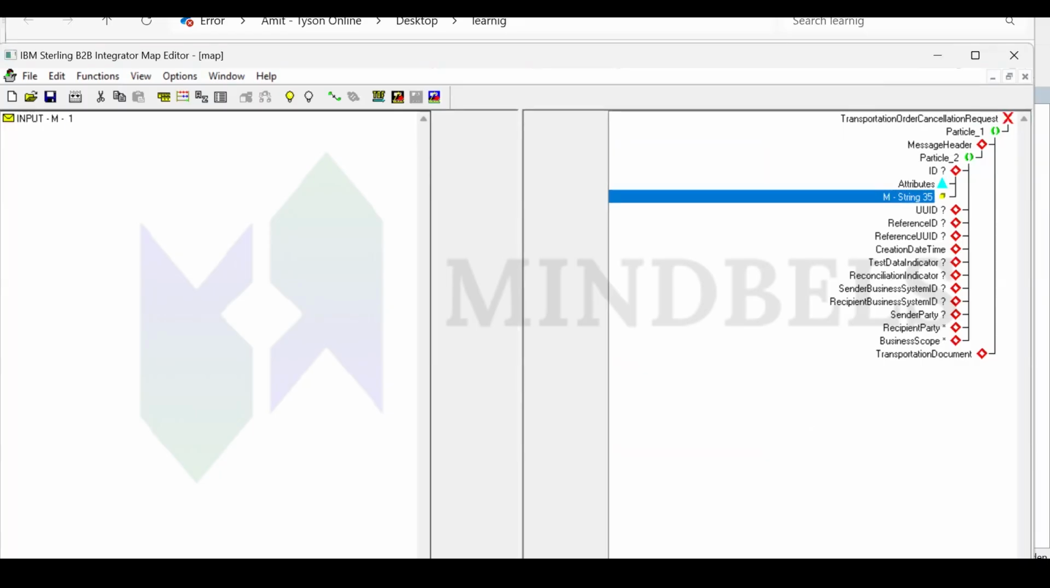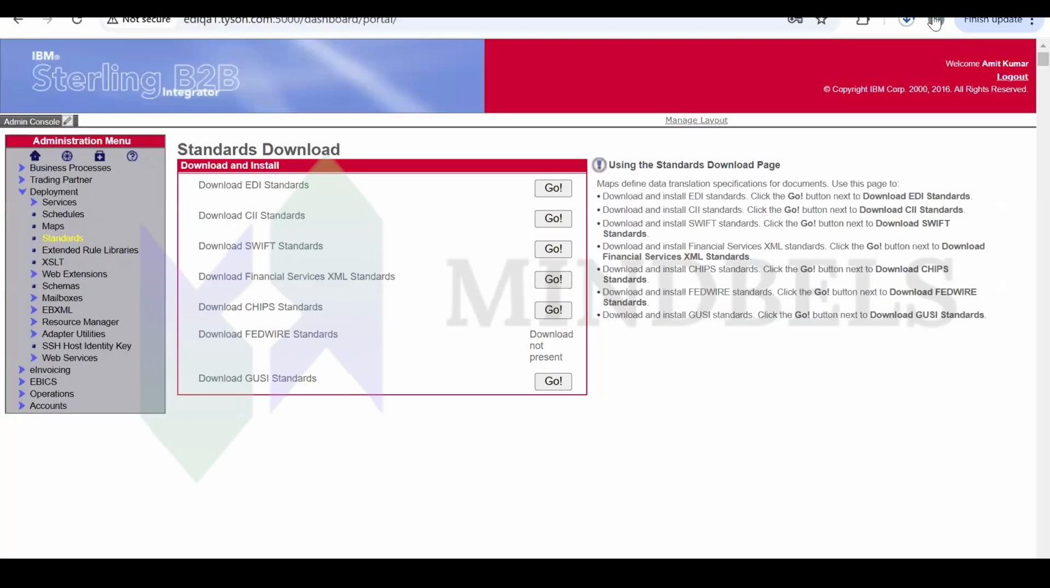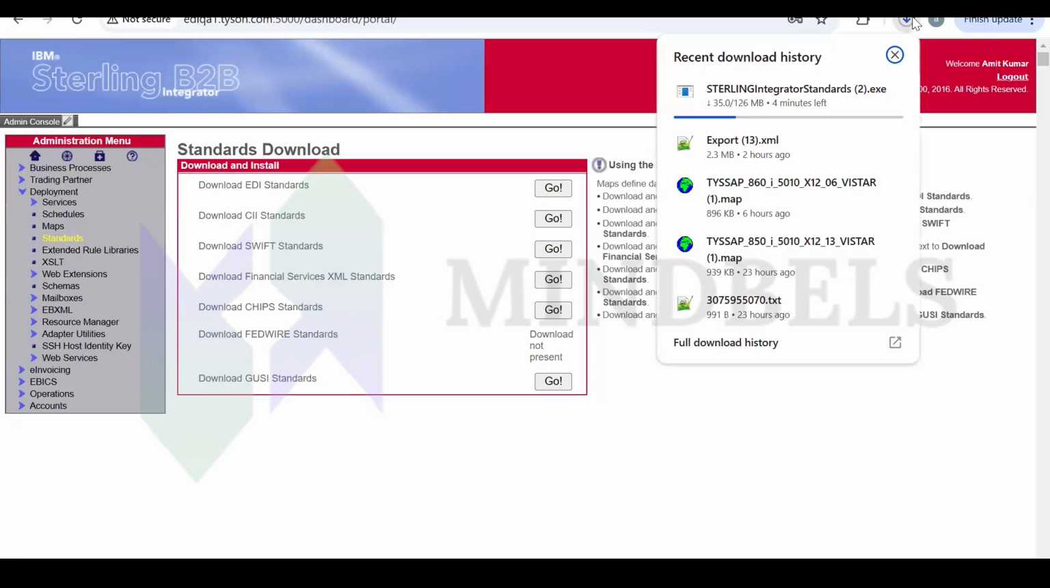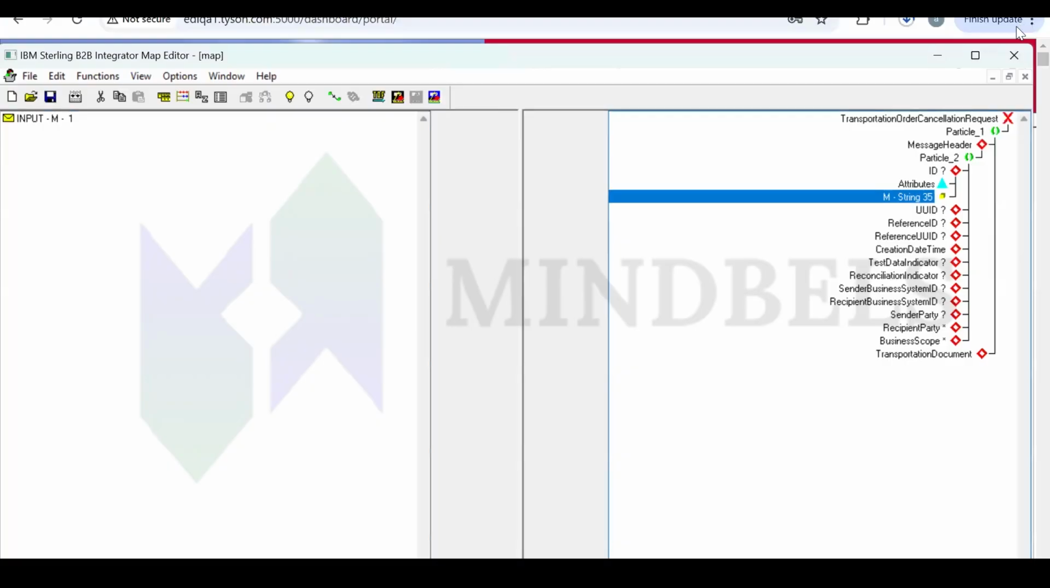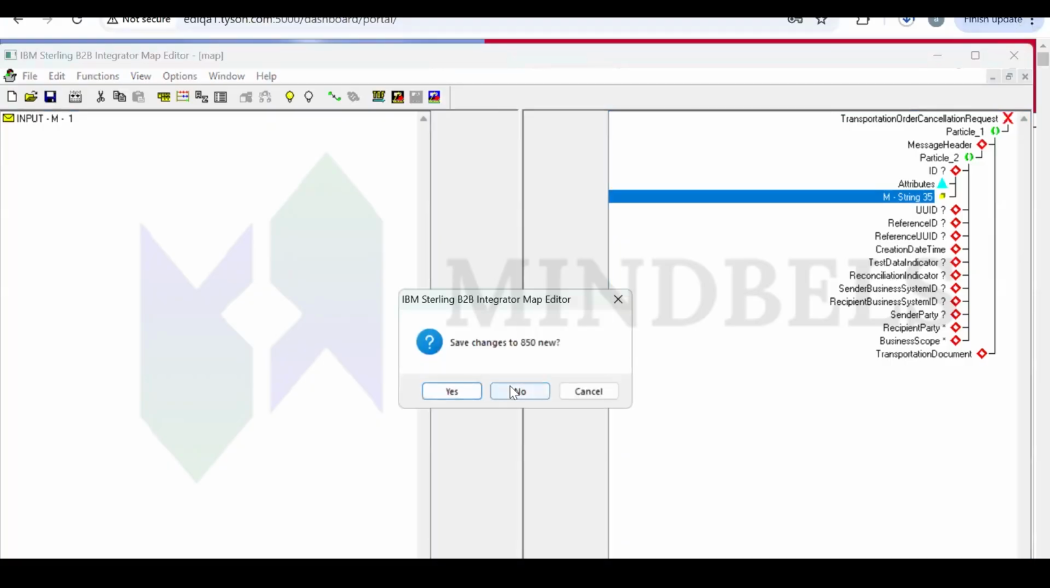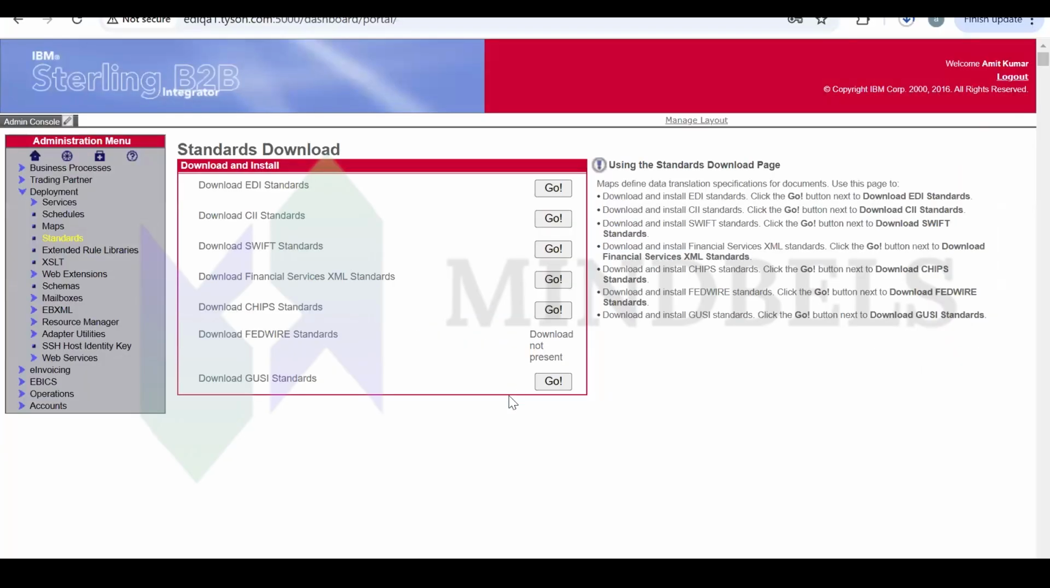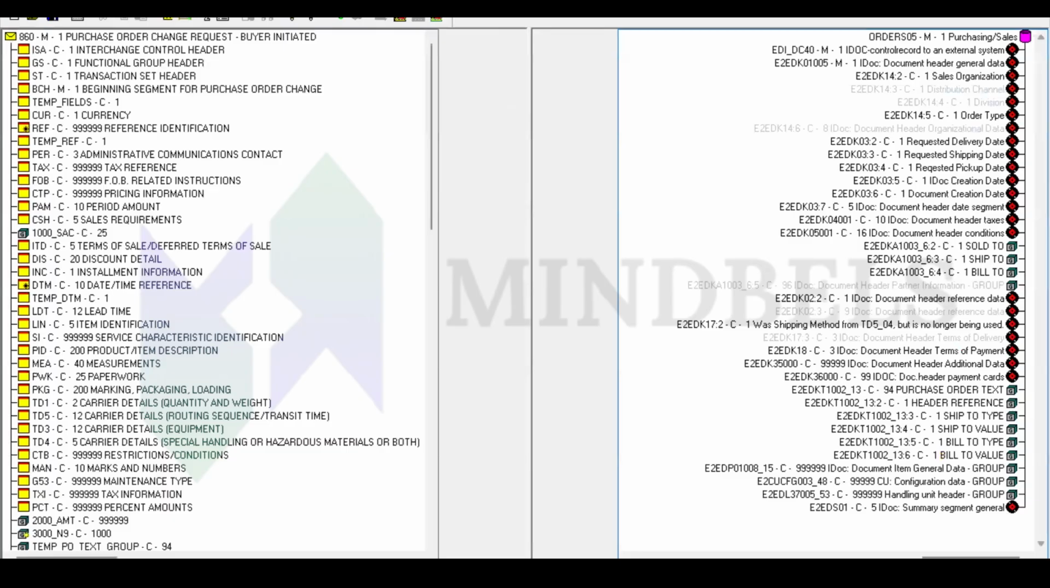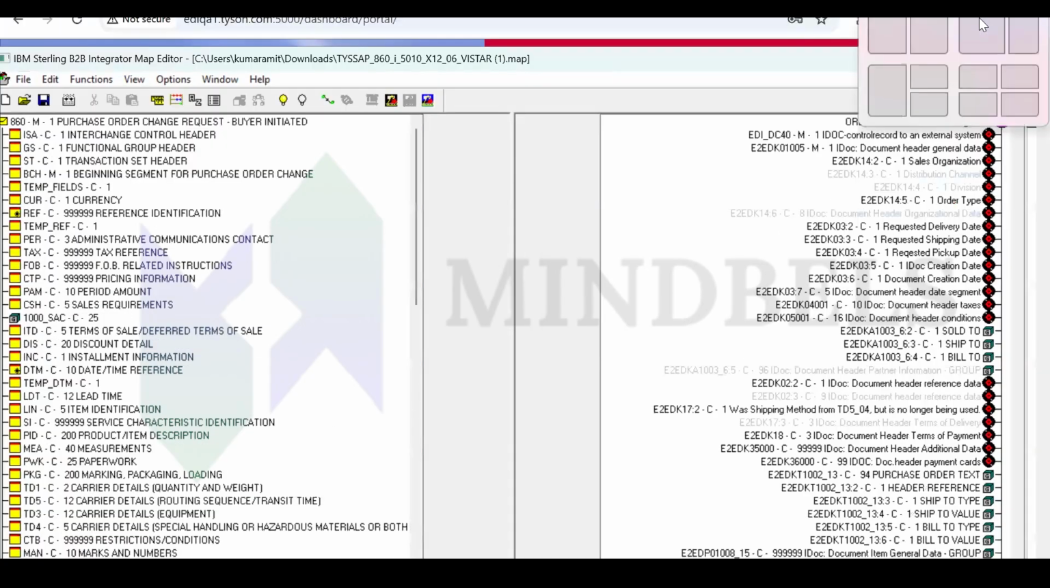After downloading this one, I will show you how to extract the EDI format. Why is it downloaded? No. Okay, after 1 minute, after downloading, I will show you how to extract the EDI format. Okay, save. So this is the one part. Okay,